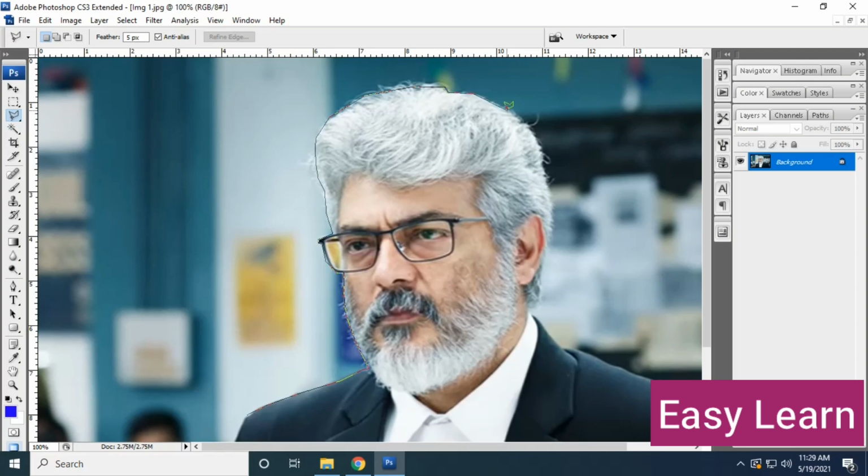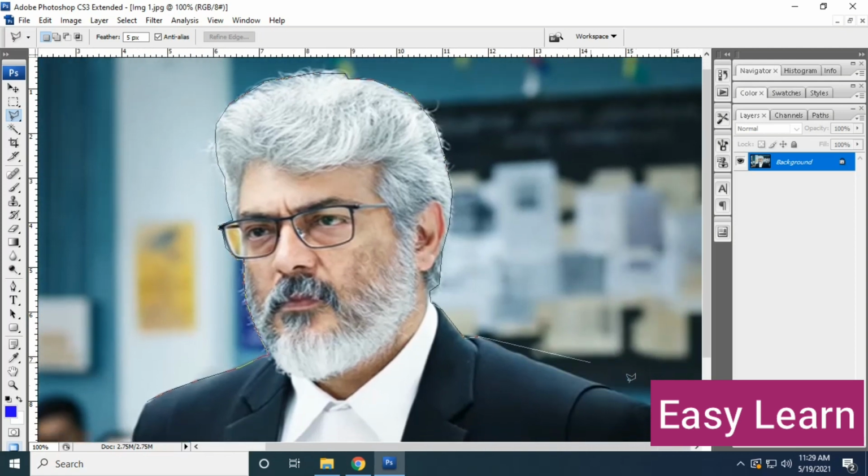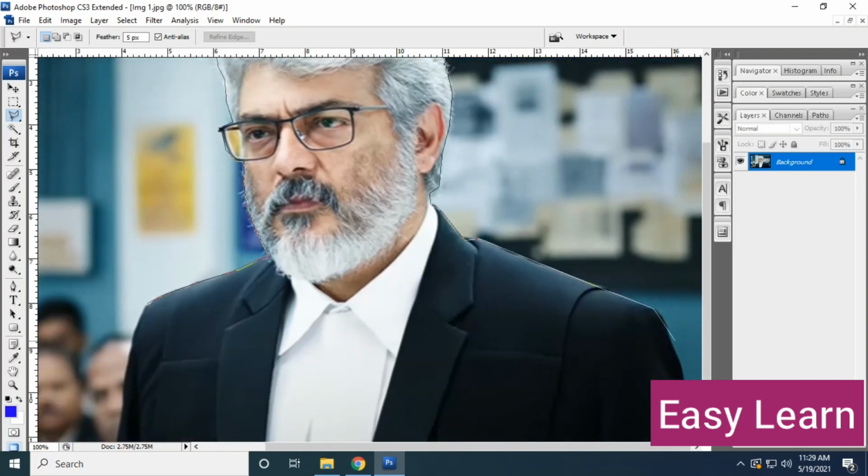You can click wherever you require. I'm moving the cursor along the straight edges and the outline of the image, around the outer part of the image. Wherever I need, I place a new anchor point.